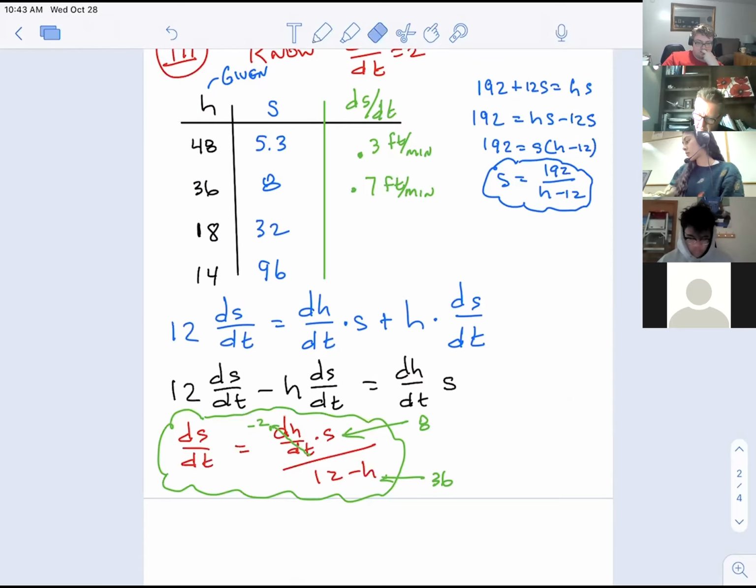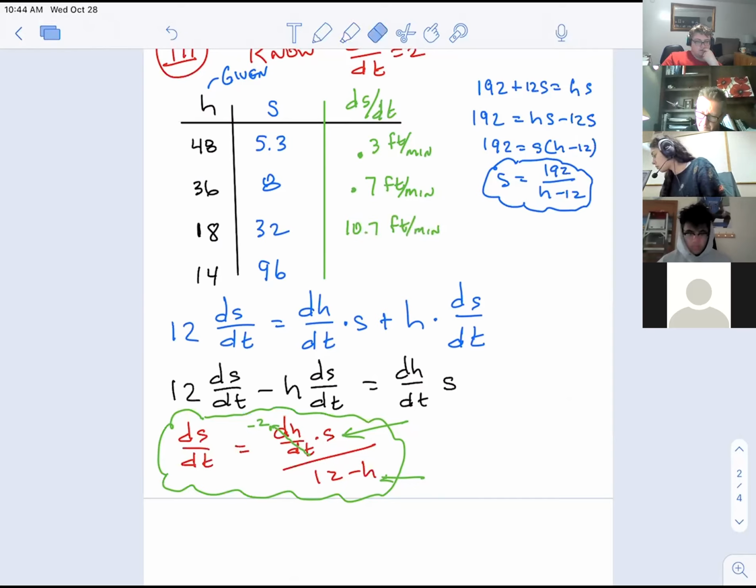What about when we're clear down to where it's now getting close? Now we're down to 18 feet, and in that case, the shadow length was 32 feet. Now we're starting to get some serious numbers. So on the top, negative 2 times 32 is negative 64, divided by 12 minus 18, which is 6. 64 divided by 6 is actually 10.7. Notice the shadow is really starting to move out now. It's moving way faster. Remember, the sun is setting at a constant rate the whole time, and yet the rate related to it is going quite a bit faster. And this last one's going to be going really fast.